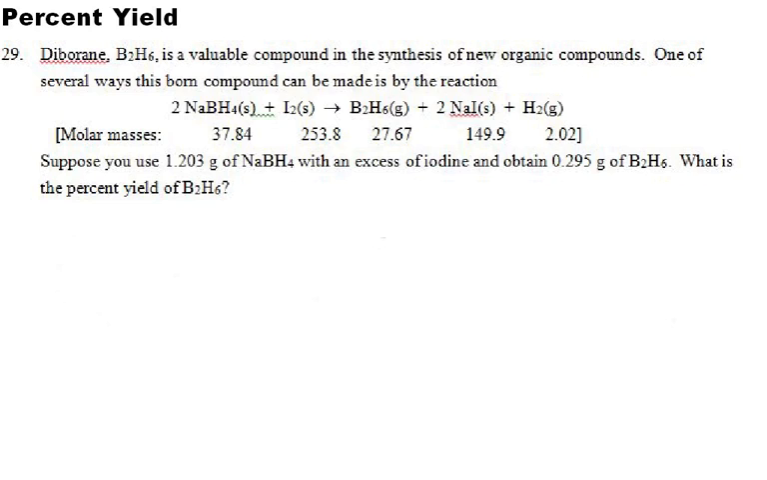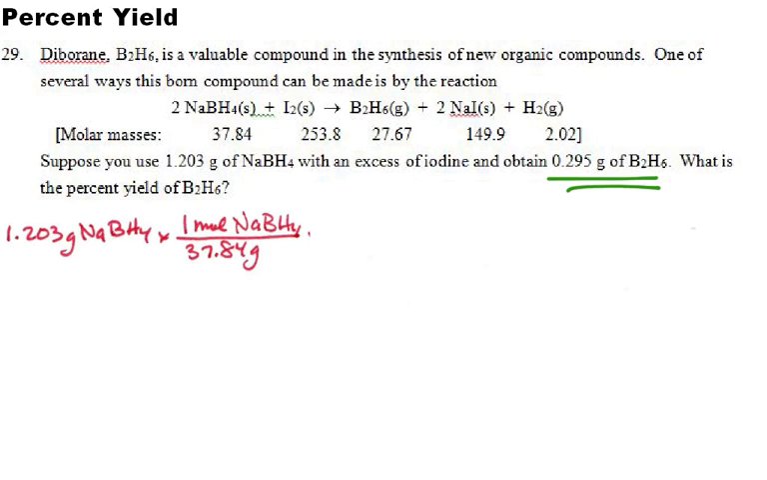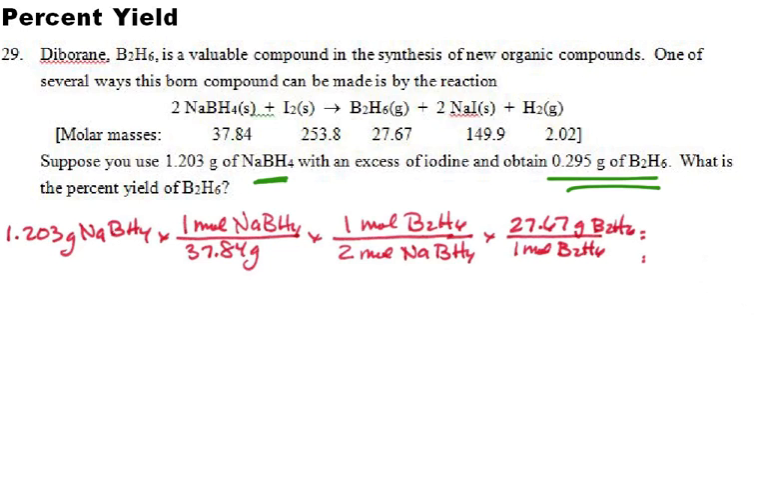start off with the reaction, take our given, and then we can just do a standard problem. And the question would be, well, how much B2H6, how much diborane would we get if we started with this sodium borohydrate? I'm not sure what that's called. So we can start with our 1.203 grams, use the molar mass, heart of the problem, 2:1 from the balanced equation, and then we get our molar mass of the diborane,